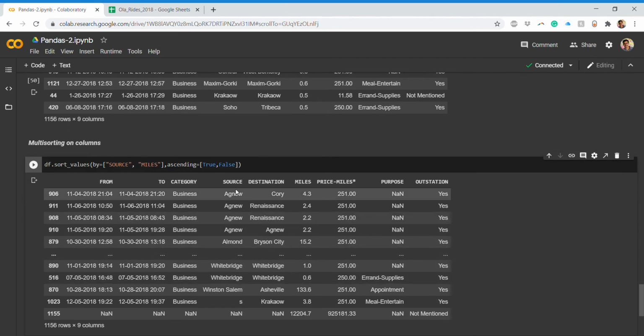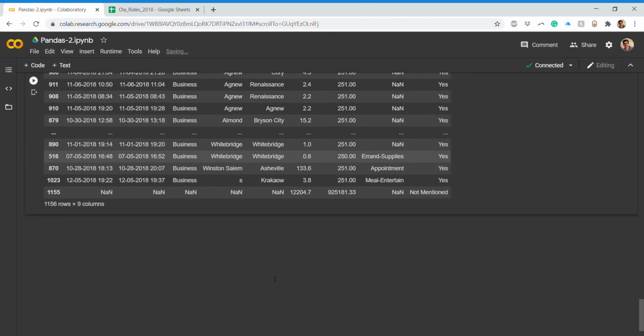So when I run this, you get this source column. So source will be ascending, from the smallest alphabetical letter it will sort, and false means from the largest value it will sort. Whatever condition it is satisfying, based upon that it will sort.